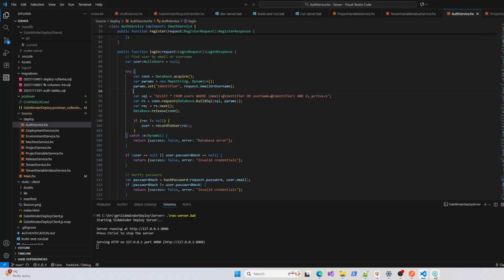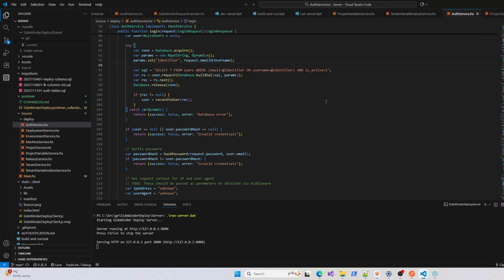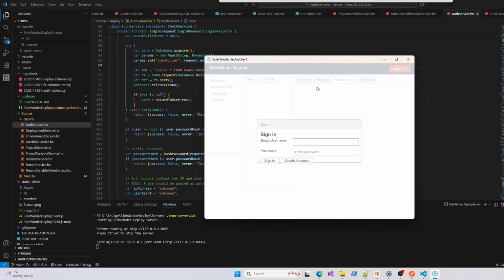Okay, hello everybody. This is going to be a quick introduction to SideWinder. I'm actually going to just start off by showing a demo application that I've started to write. It still needs a little work. You can see the buttons are a little off, but